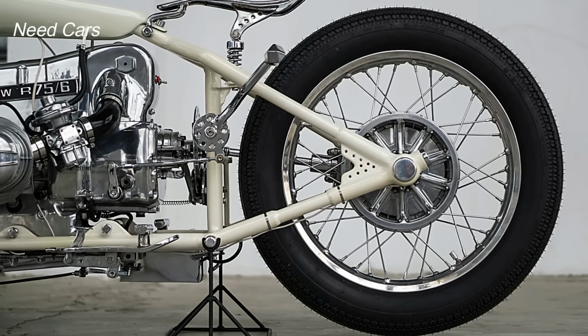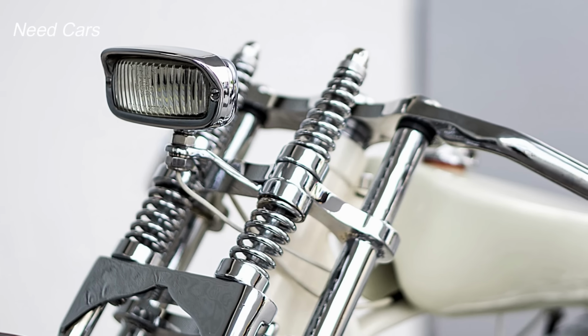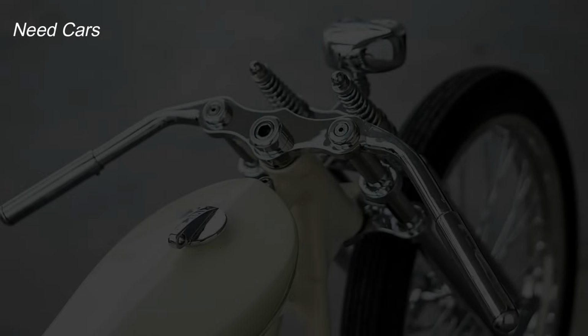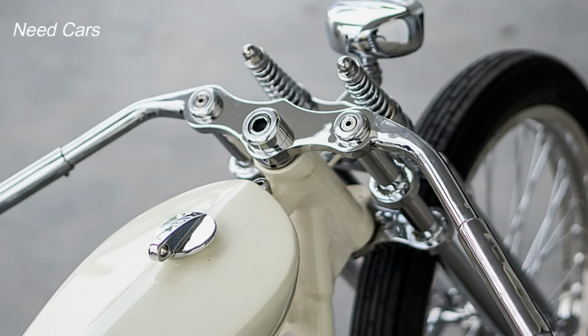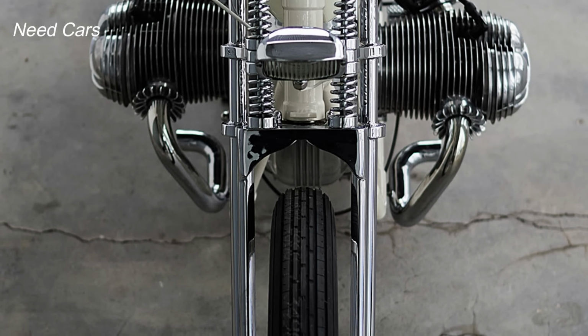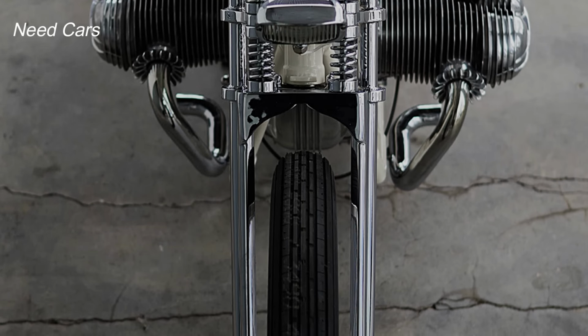Rusty Factory's dedication to creating a unique bike doesn't stop at the drivetrain. The motorcycle's frame is a bespoke hardtail module, carefully designed and pieced together by hand. The rear of the frame is where you'll find one of the bike's most striking details: a mesh-covered LED taillight cleverly integrated into the frame tubing. This is just one of the many subtle yet brilliant touches that make this custom bike a true work of